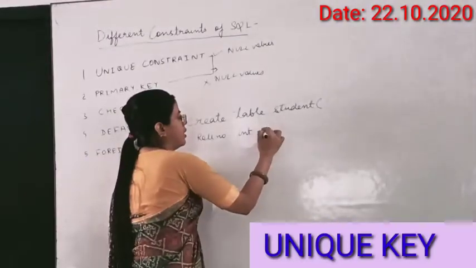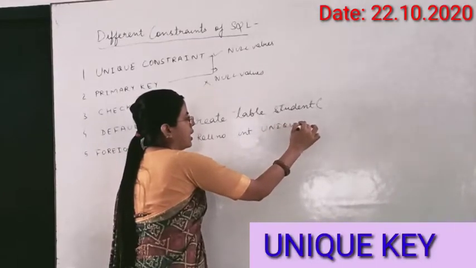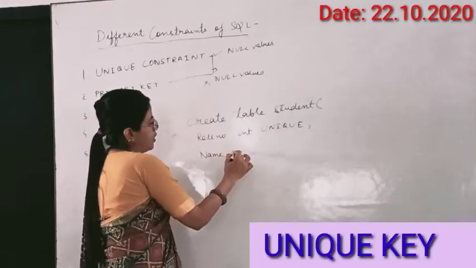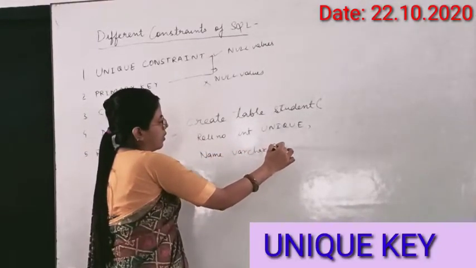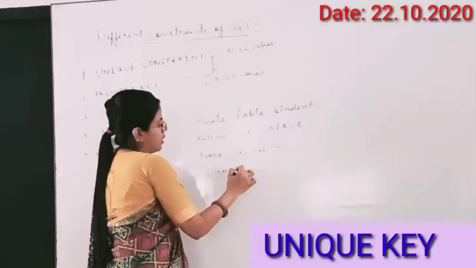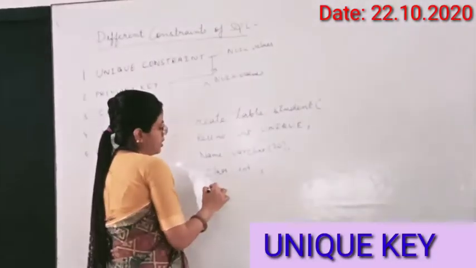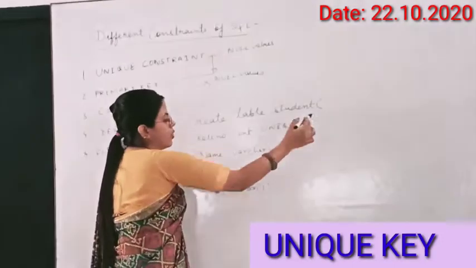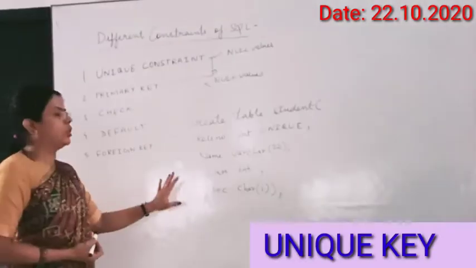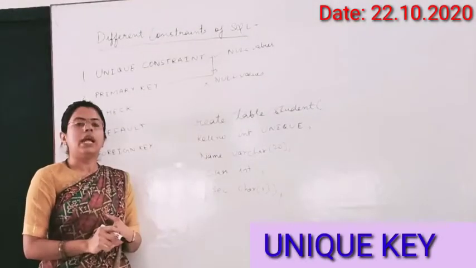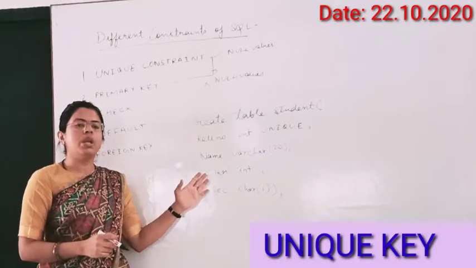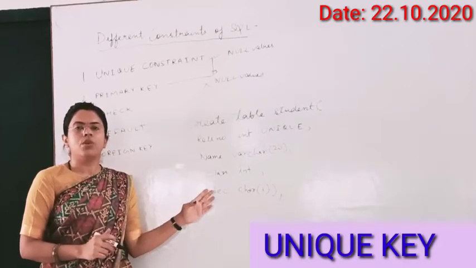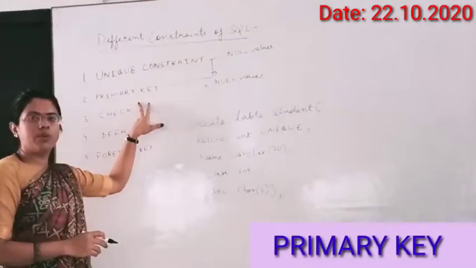You just need to write unique and it will create it as a unique field, and then you can write name, varchar, class, integer, section, suppose character 1, and then you have to close this bracket and add the terminator. So this is the way you write it as a unique. Now whenever you try to insert a value, it will accept the null value, but it will accept only the unique value. So this is the unique constraint, and to apply the primary key constraint, you just need to